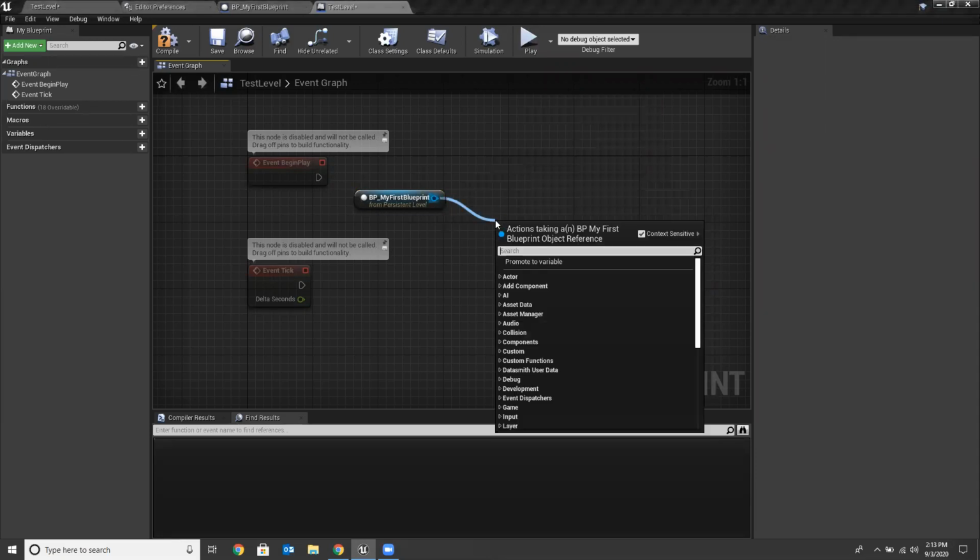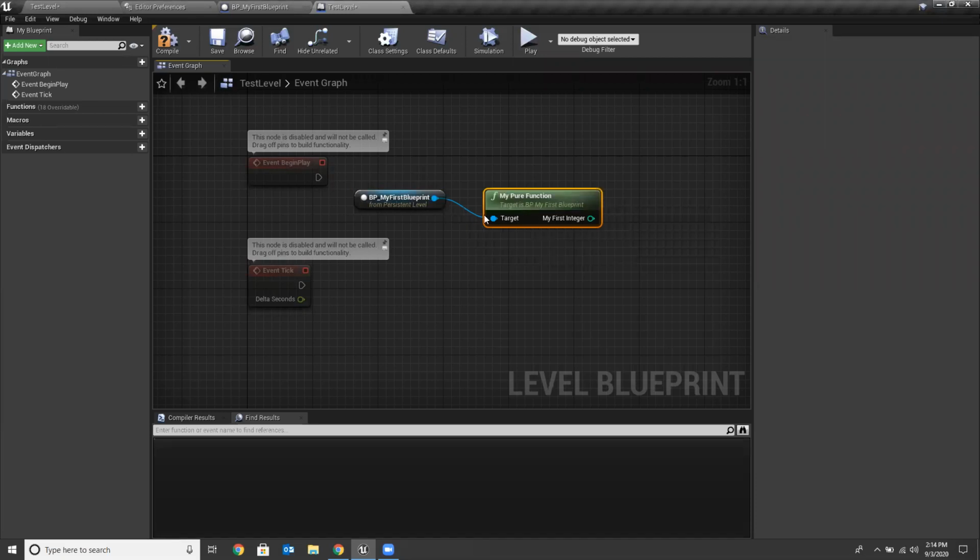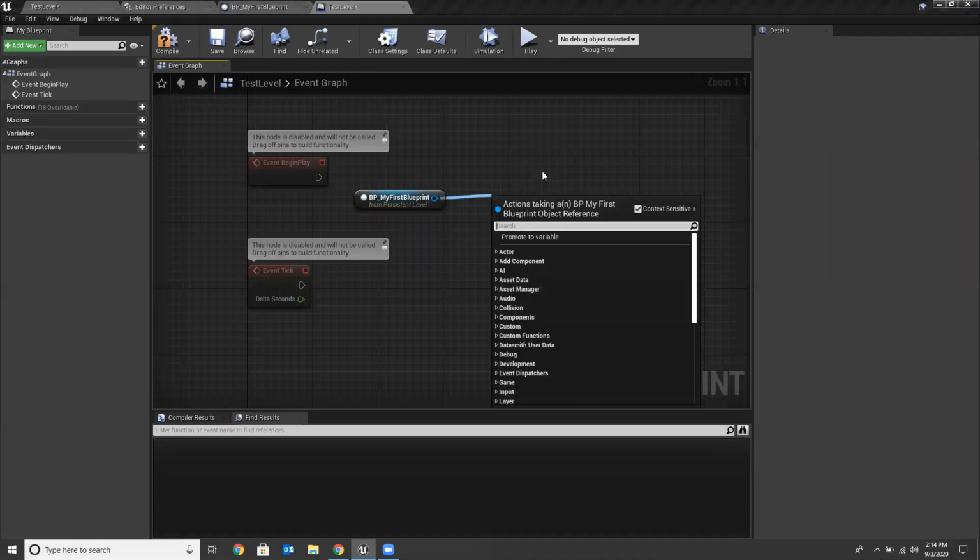I can do that pure function, my pure function. I can call that, and there's that target we're talking about. Because this function lives inside of this blueprint, I'm using that target to find the blueprint. Okay, we'll get to the target stuff in just a second, but I want to see if I can access